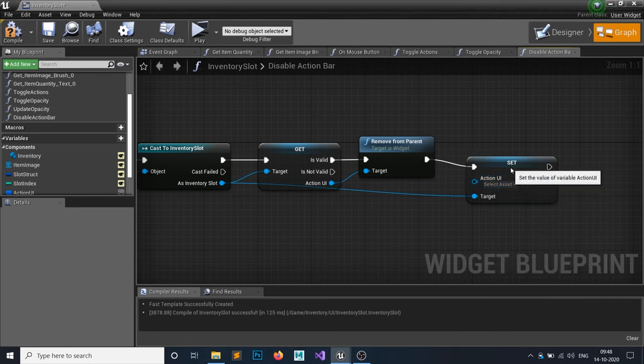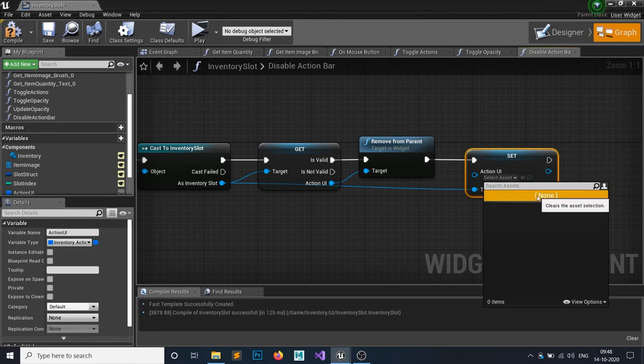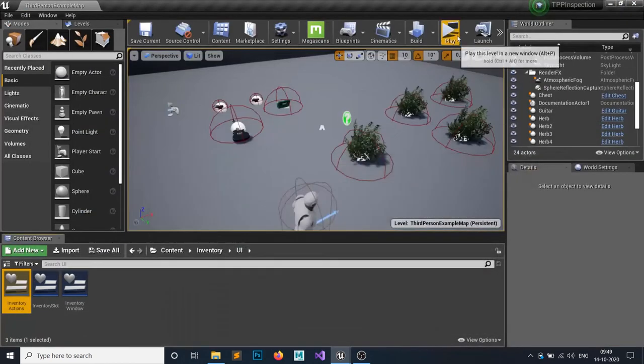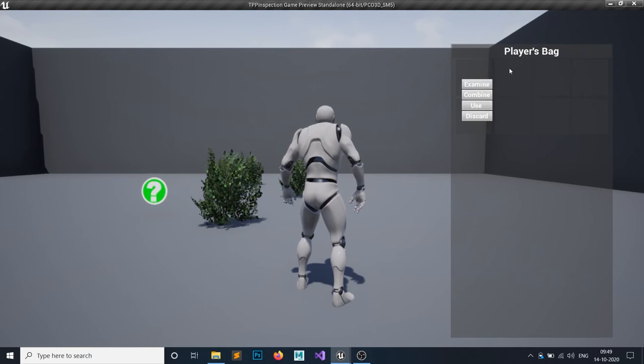If you accidentally selected something in here, you can just click on this to set it back to null. Hit compile and save, and let's check this out. If we hit play, tab, if you click on this, it is present on only one slot. We have overcome that issue.